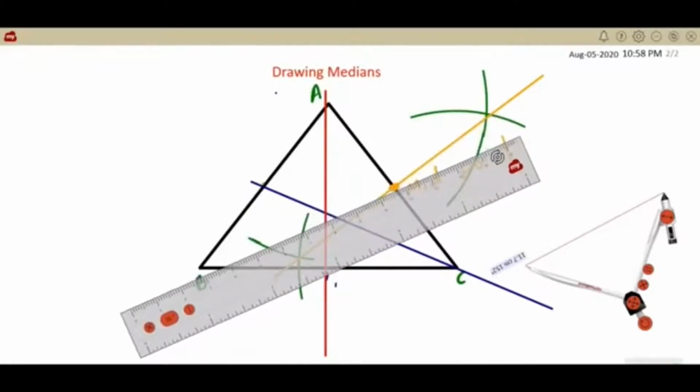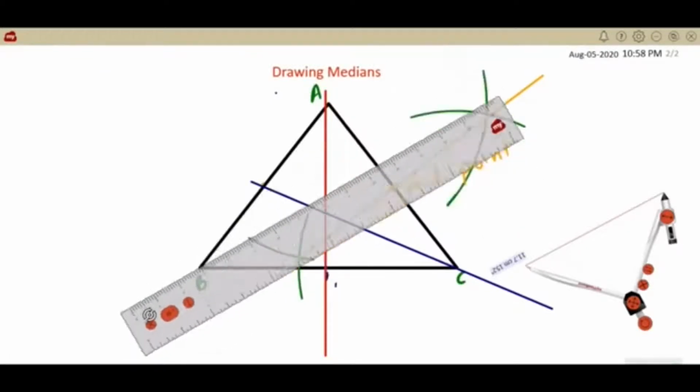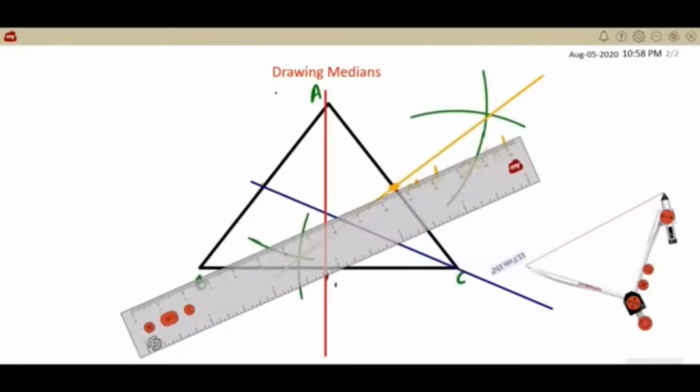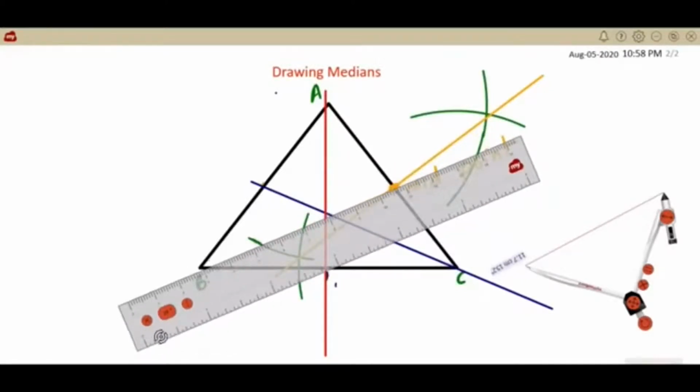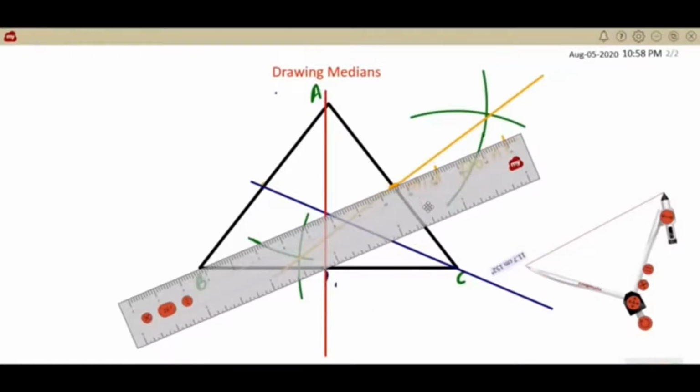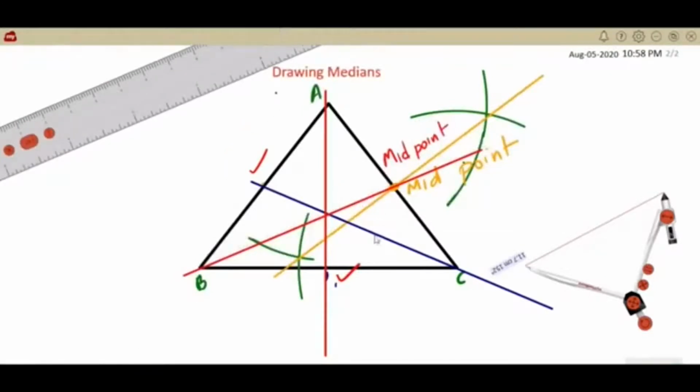Okay, almost coming to the point. Manageable. Okay, I'm leaving it at that; this much accuracy is all I can expect this time. Now drawing the third median, connecting the opposite vertex B with respect to side AC. Here also all these pass through a common point, they are concurrent, and this is the point of concurrence.